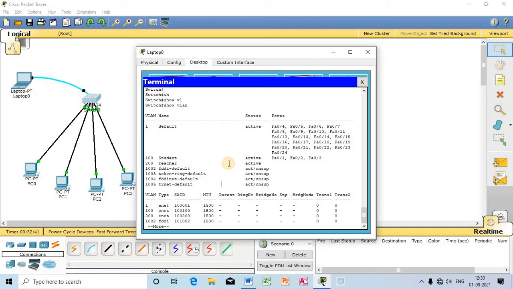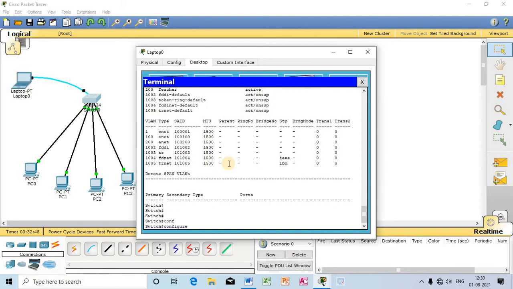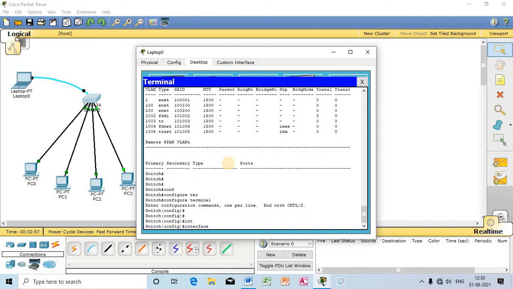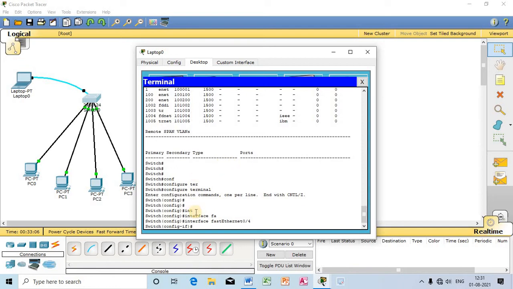Watch out. I will move to config mode, configure terminal, interface. So interface number 4. Now I have entered interface 4.